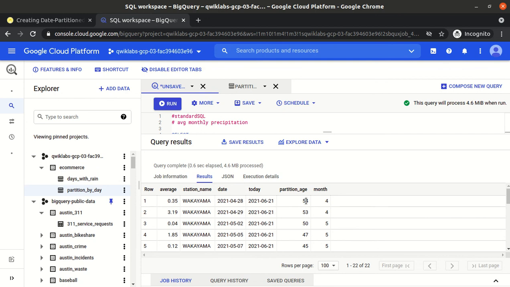Yes, correct, because we mentioned the maximum partition age should be 60, so we will not see any record here whose age is more than 60.